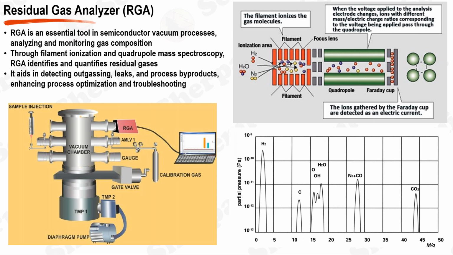By providing detailed information about the gas composition and concentration, RGA enables process engineers to make informed decisions and optimize process parameters. It helps in troubleshooting process anomalies and identifying sources of contamination or process inefficiencies. RGA aids in achieving higher process yields, improved device performance, and enhanced overall process control. The real-time monitoring capabilities of RGA allow for immediate corrective actions, minimizing the impact of gas-related issues on the production